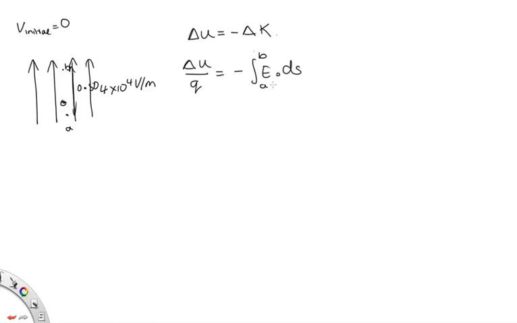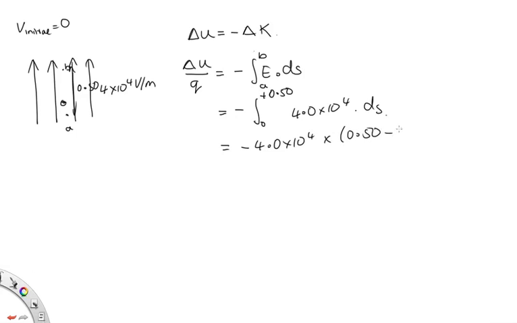So this is something that we can actually evaluate. Let's evaluate that now. A is at 0 and B is at 0.5 meters. So we're going from 0 to 0.50. The size of E is equal to 4.0 times 10 to the 4 volts per meter, and that's ds. When we integrate that, we end up with minus 4.0 times 10 to the 4 times 0.50 minus 0. And so this is equal to minus 2.0 times 10 to the 4. And this is equal to delta U on Q, so that is equal to minus delta K, the change in